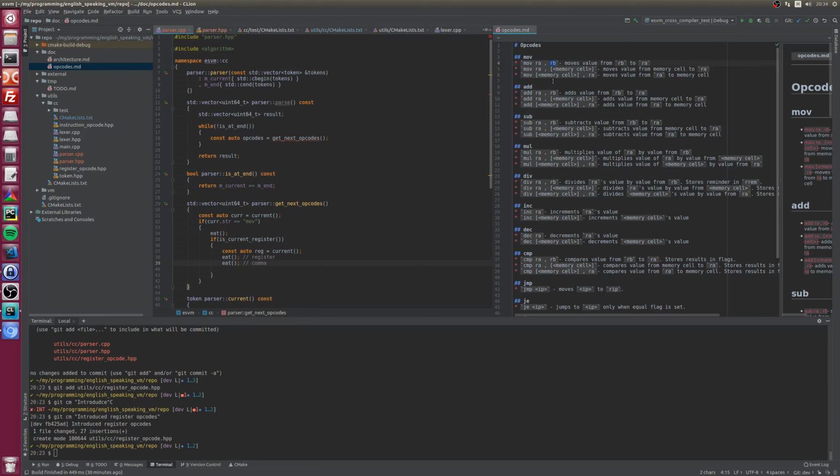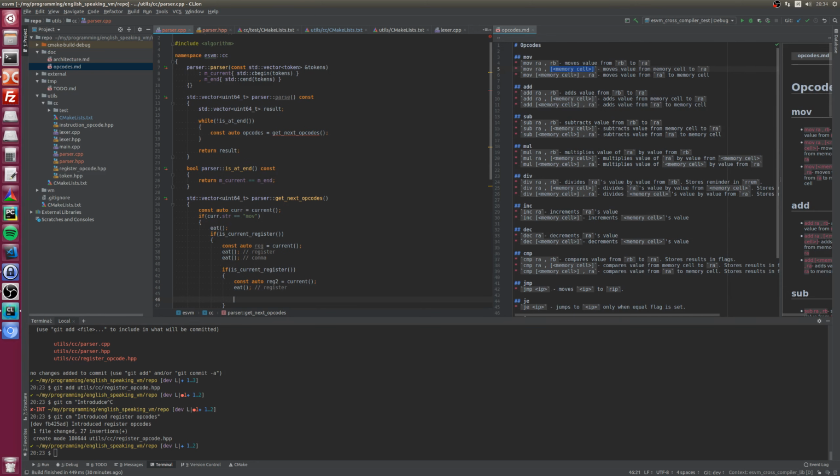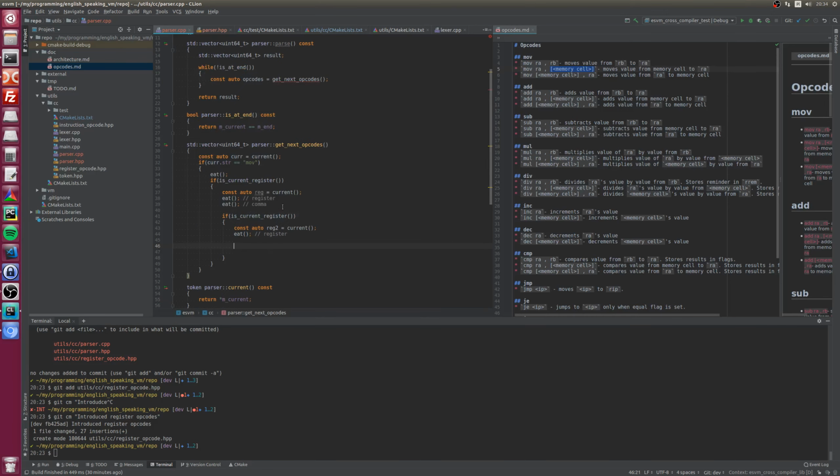And now we need to check whether the next operand is register or memory cell. So another if, current register, we have register reg2, let's eat it at this point, and let's return the opcodes. So right now